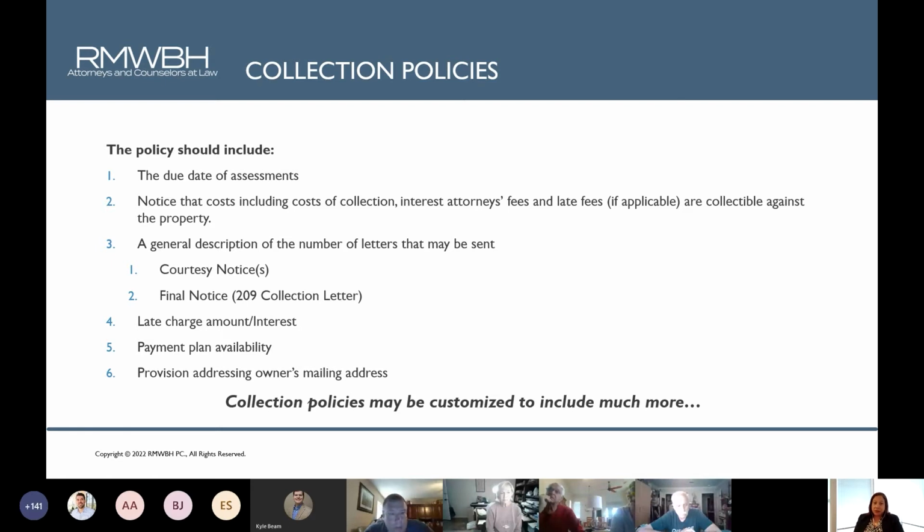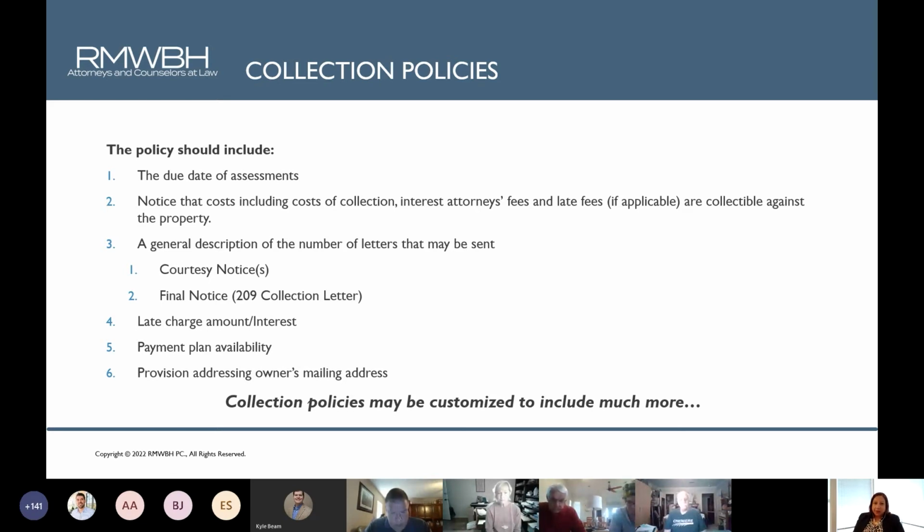And again, also interest. Maximum allowed by law is really an issue that we grapple with daily. A lot of associations and managing agents think that 18% is the maximum allowed by law, and there is really a question about that issue. And so you want to go ahead and set the proper interest rate in your collection policy, which again helps with consistency and letting homeowners know what to expect when their assessments are delinquent.